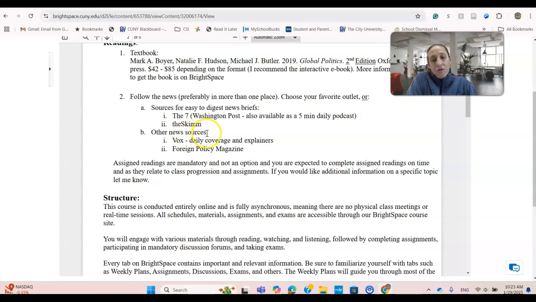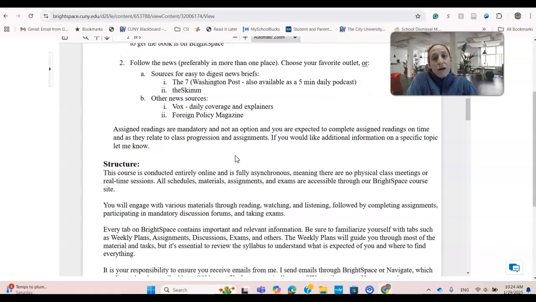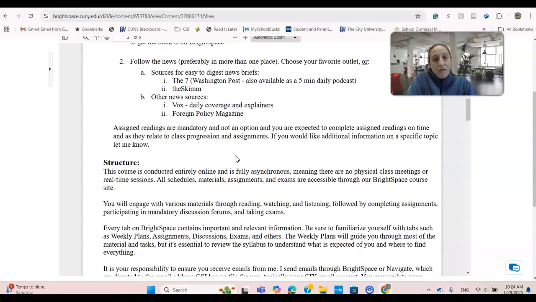Other news sources that I would recommend are Vox, Foreign Policy Magazine, NPR as well. But any resource that you trust and you believe in and is reputable, at least to some degree, please use it. You need to know that all news that we are getting nowadays is biased in some ways.